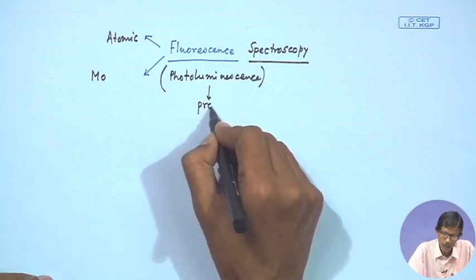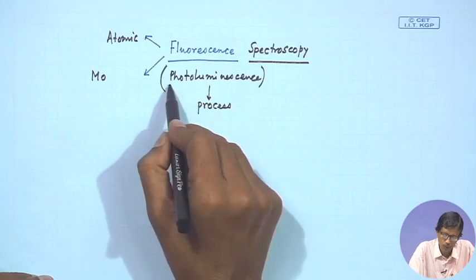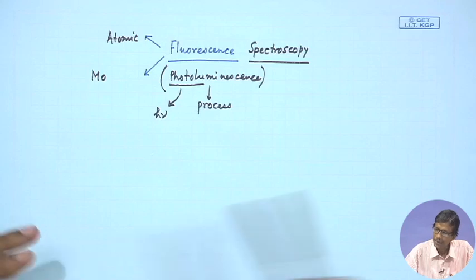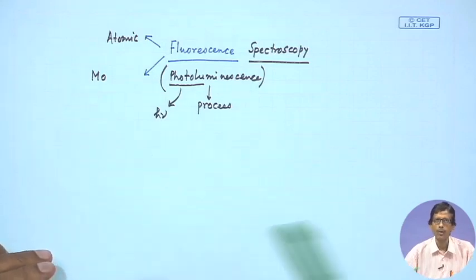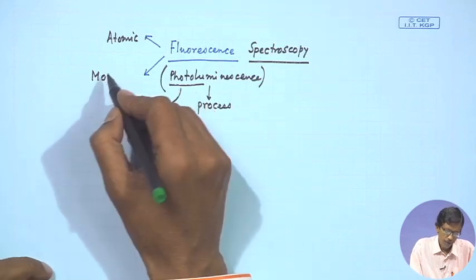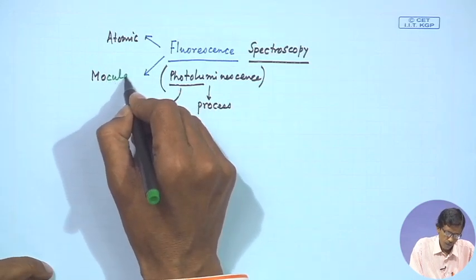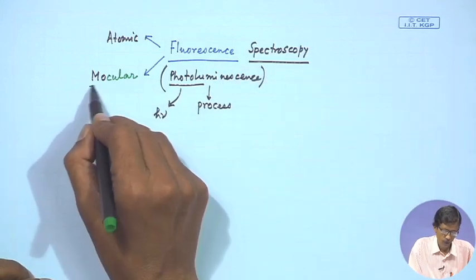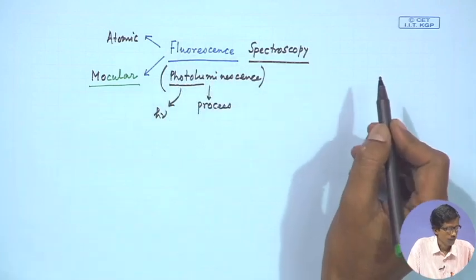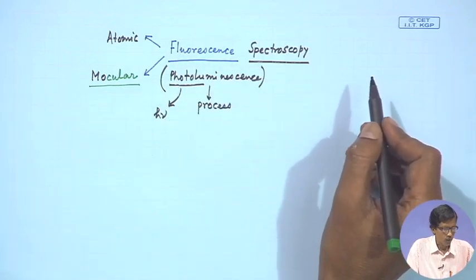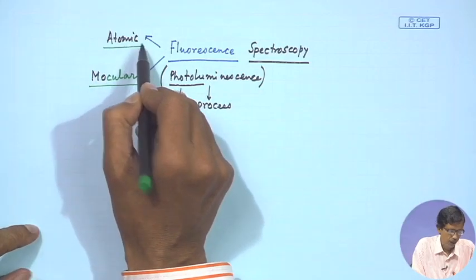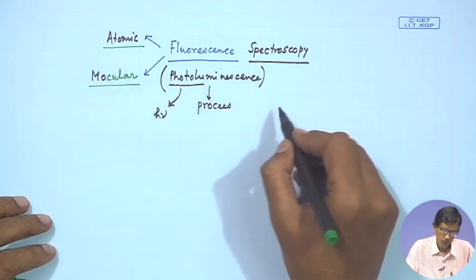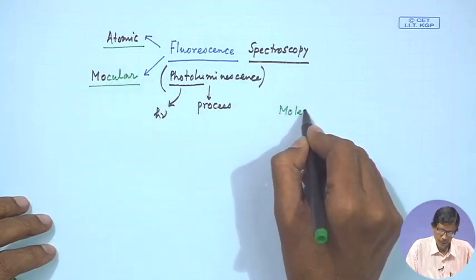If the process is a photoluminescence process, that means a photon will be absorbed. In terms of the photon absorption, we can excite the corresponding material, the molecule or the species. So, if we have a molecule, we get the molecular fluorescence spectroscopy. That will be termed as the molecular fluorescence spectroscopy, and this fluorescence process can be useful for atomic species or molecular species, where we want to characterize something,